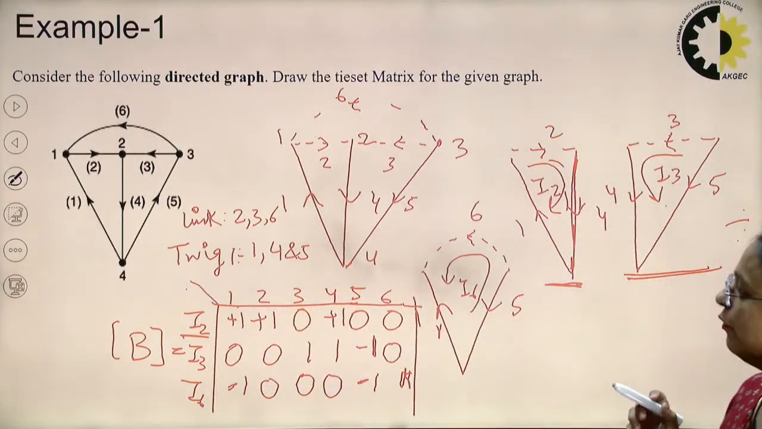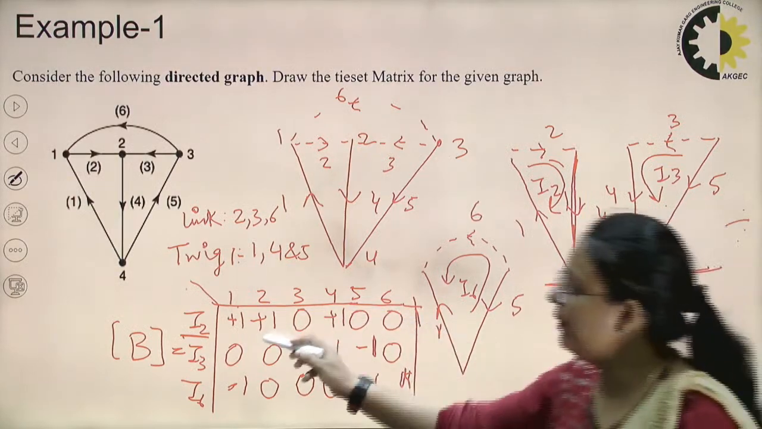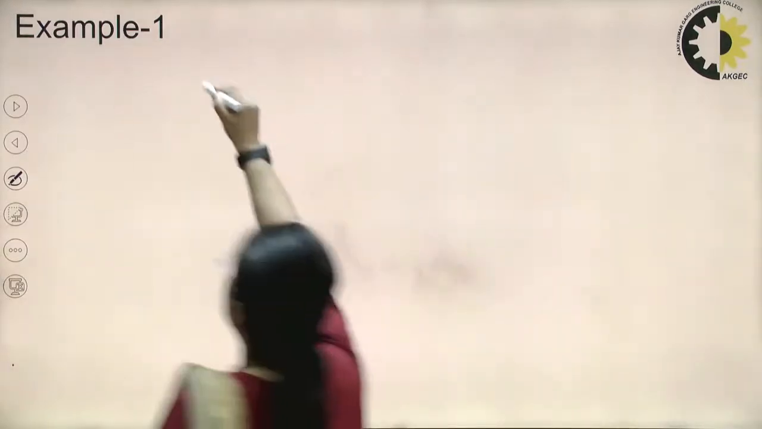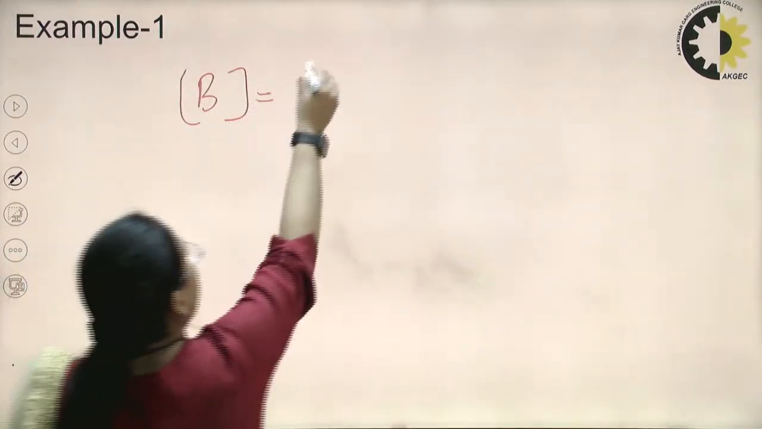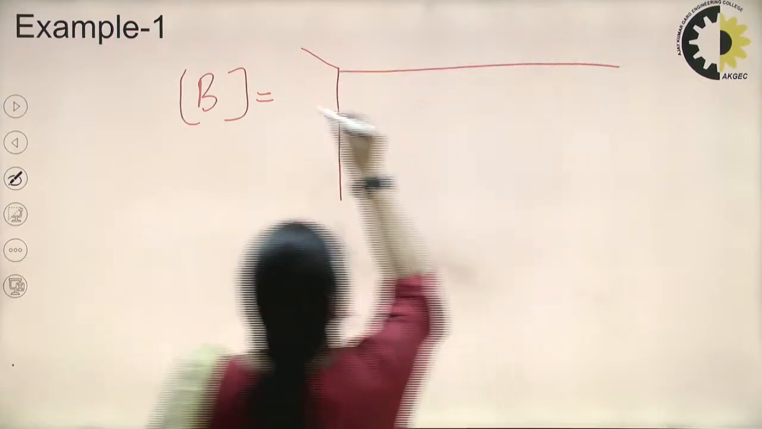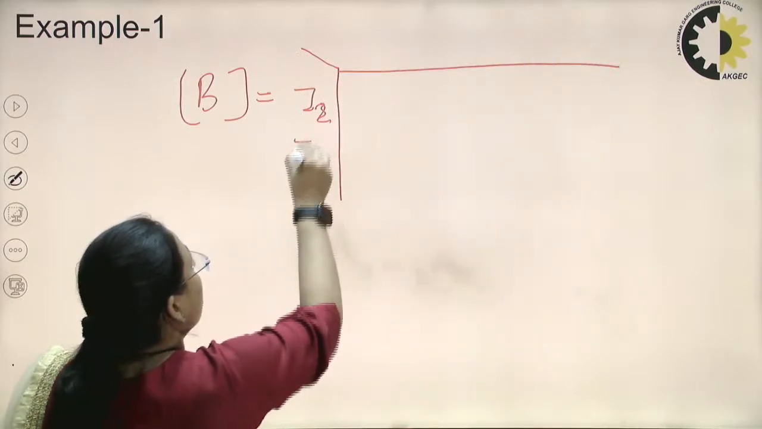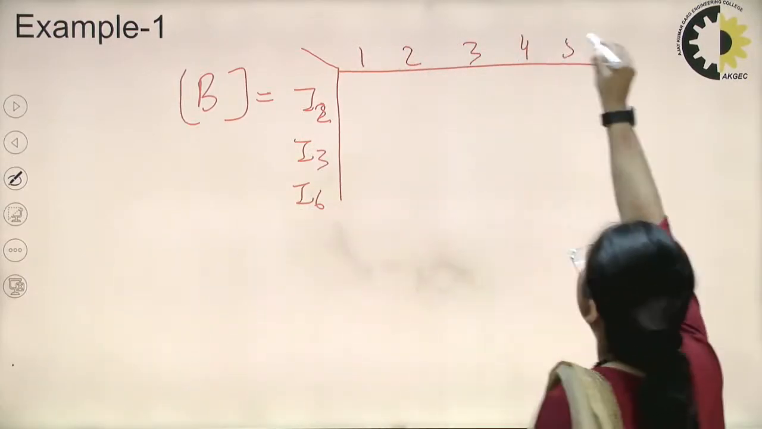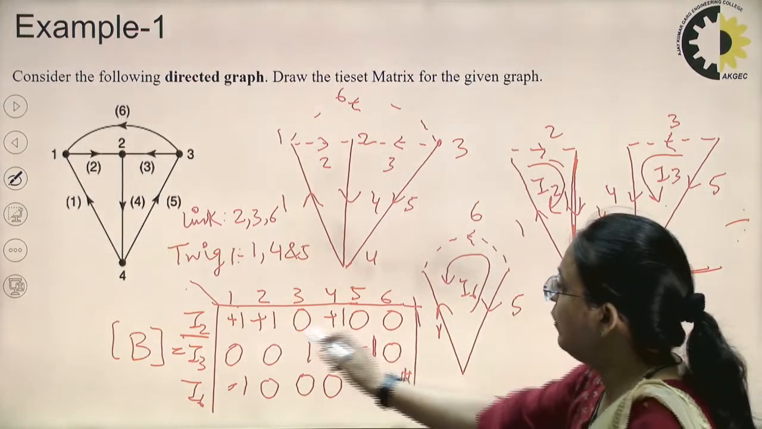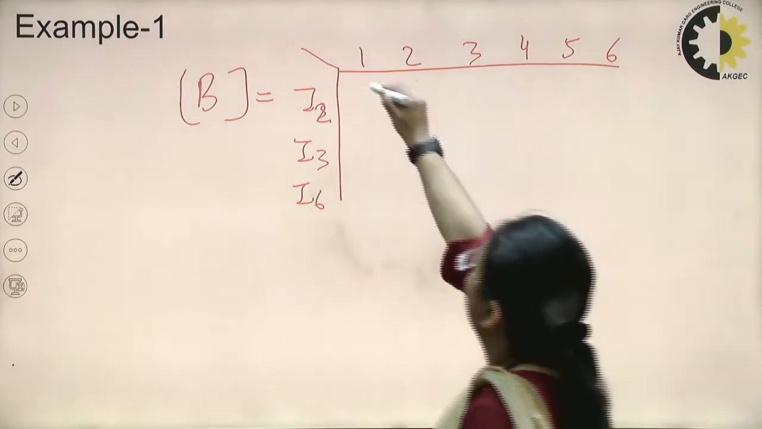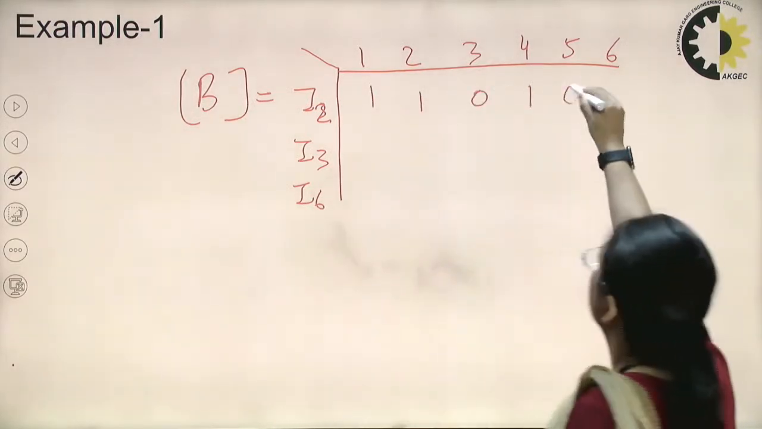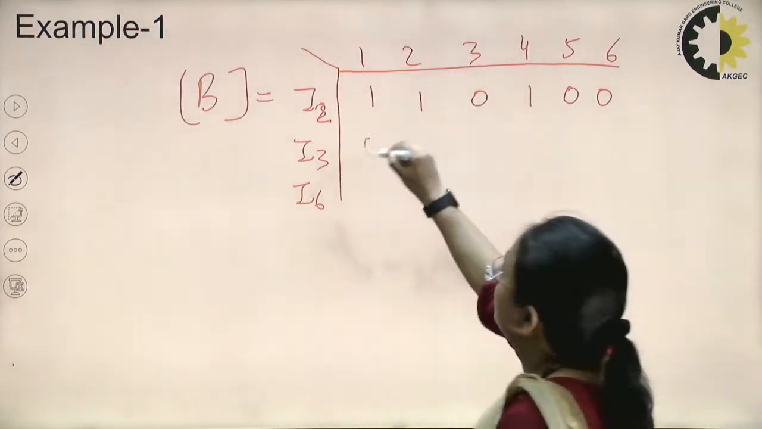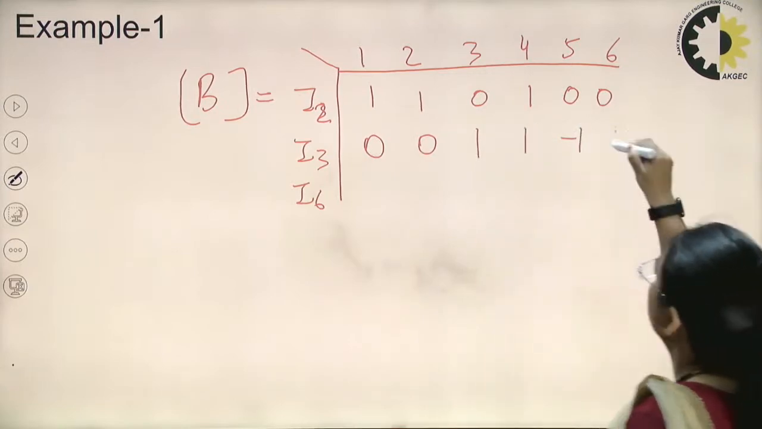सो दिस इज द टाइसेट मैट्रिक्स, ठीक है, फॉर दिस। अब ये टाइसेट मैट्रिक्स एक बार और मैं क्लियरली इधर बना देती हूँ। हम क्या कर रहे हैं, I2, I3 और I6 हमने लिया था, वही मैं दोबारा लिख रही हूँ यहाँ पर, वंस अगेन आई एम राइटिंग हियर I2, I3 एंड I6, ओके और हमने यहाँ ब्रांचेस के सारे नेम देने हैं 1 2 3 4 5 एंड 6, ठीक है। तो I2 के केस में क्या है 1 1 0 1 0 0, ठीक है। I3 के केस में 0 0 1 1 -1 0 एंड I6 में क्या है -1 0 0 -1 +1 -1 0 0 -1 +1।